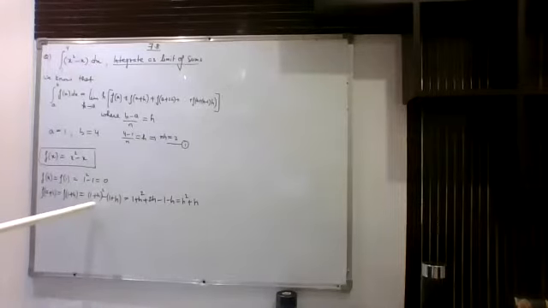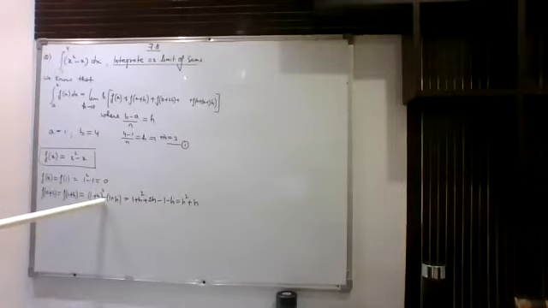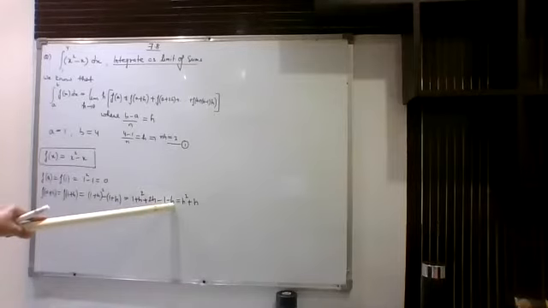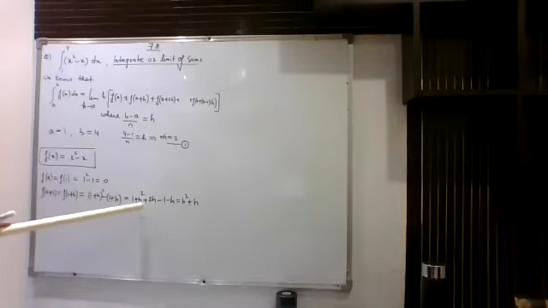Now let us do further calculation. When you do calculation, this is what you will get. Be very careful with this minus sign. When you take this minus sign inside this bracket, it will become minus 1 minus h. This is a common error. So this is what we can write. Now solve it. So it is h square plus h.